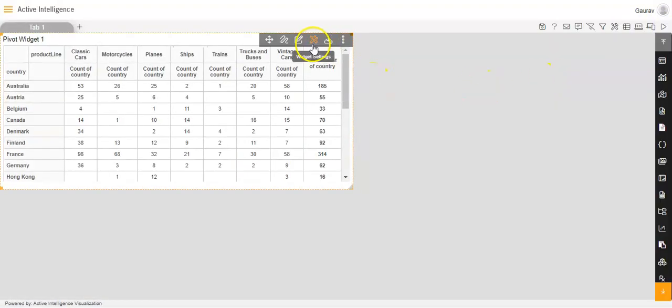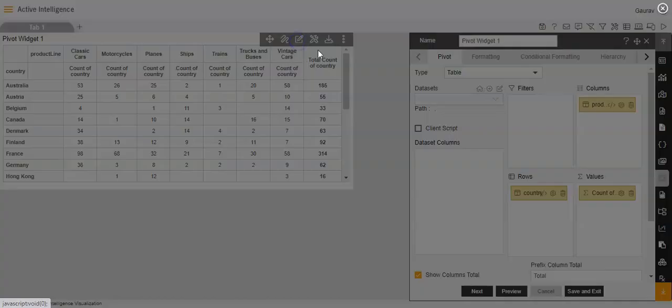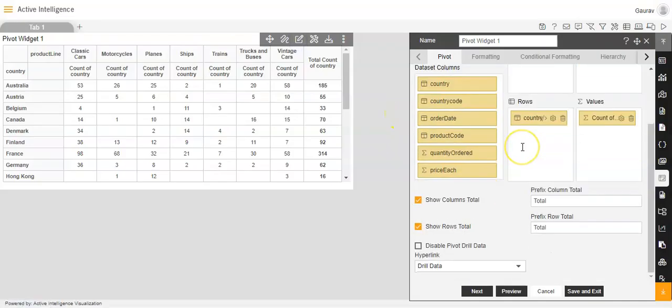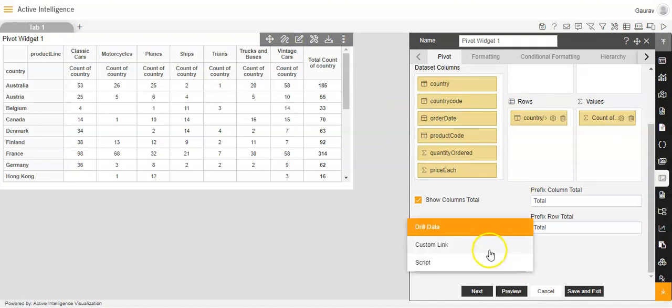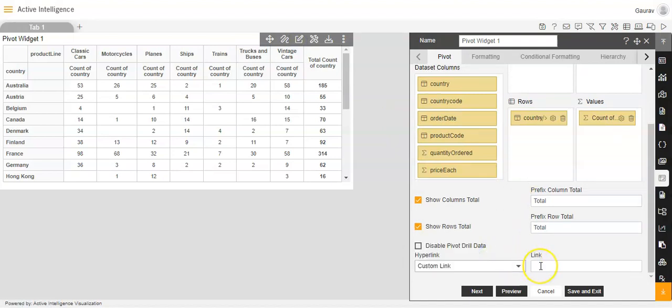And I'll go to the edit mode of the dashboard, and I'll go to the edit option of the pivot widget, and I'll scroll down, and here in the hyperlink option, instead of drill data, I will select custom link, and I will paste the internal embed link that I had copied in the new detailed dashboard.